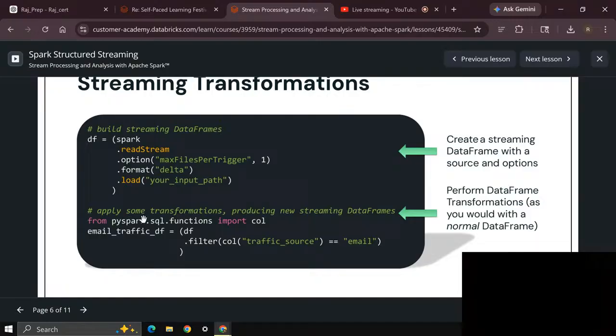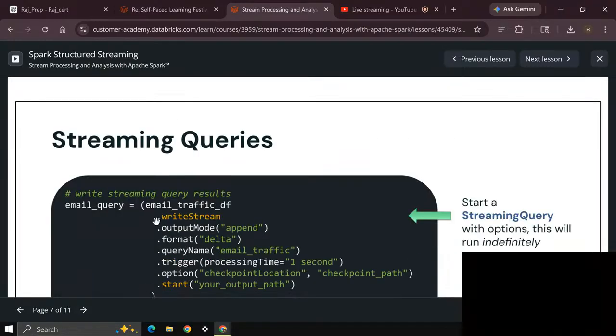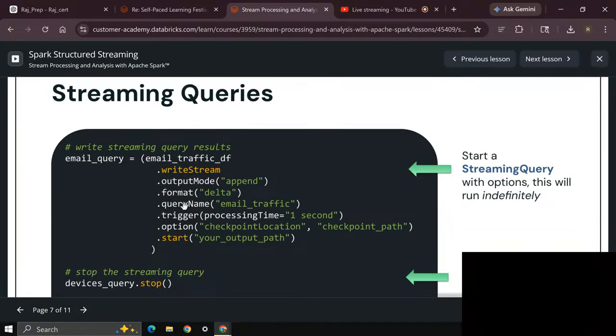Apply some transformations here, like df.filter, column so and so equals email. Perform data frame transformations as you would on a normal data frame. Any data frame, the same way we'll do some column operations and filter operations. It's the same way we also do in this as well. Streaming queries, like